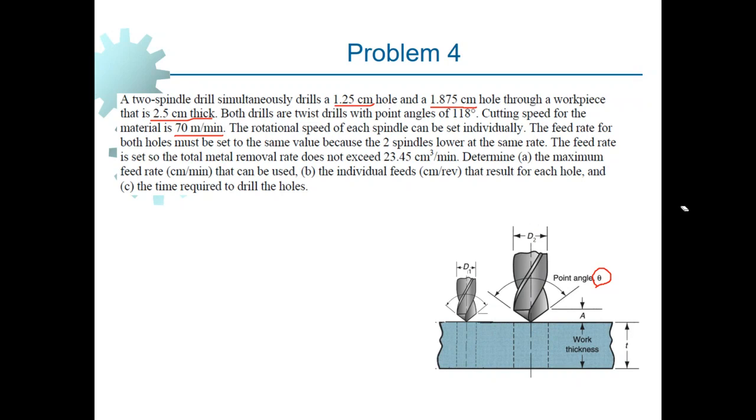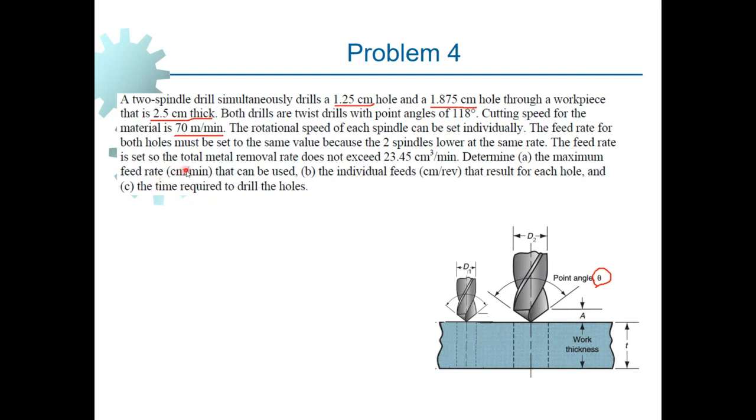The feed rate for both holes must be set to the same value because the two spindles lower at the same time, and this is what I just explained. So these two move at the same time up and down, and then the feed rate